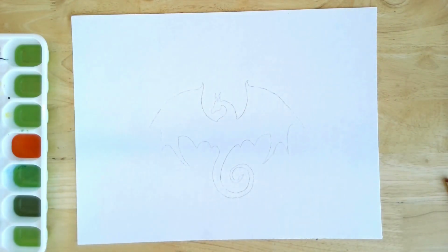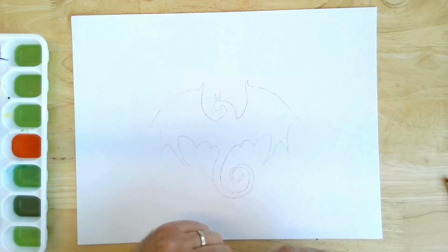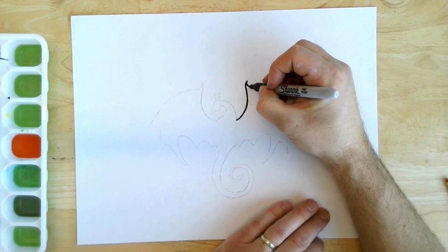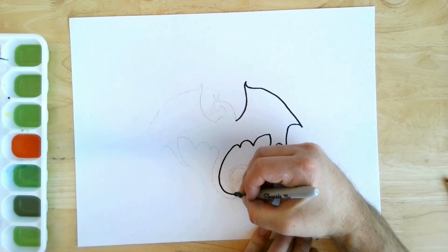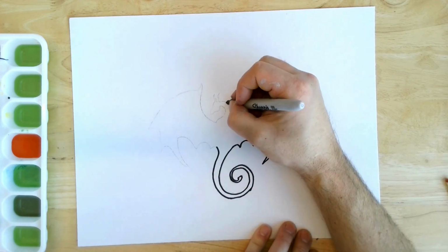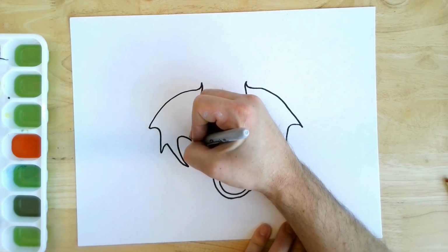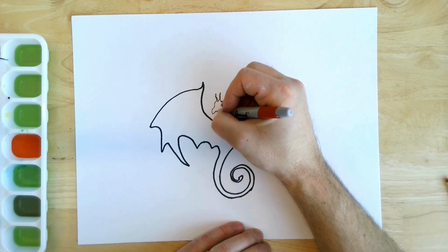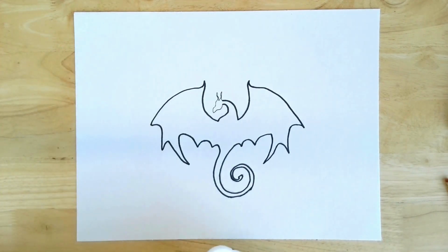After this, we're going to use a Sharpie marker to outline it. This will help keep the edges nice and clean. Now what you would do is go around the edges like so, and once you get it Sharpie outlined, you're going to take some black paint and a smaller brush